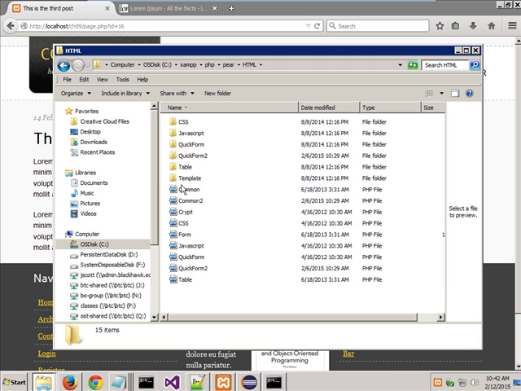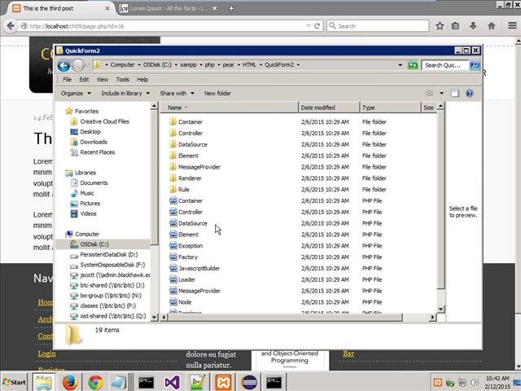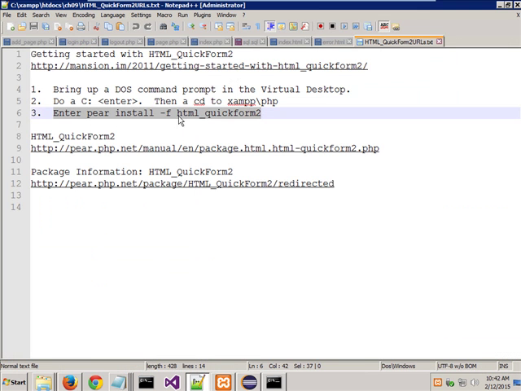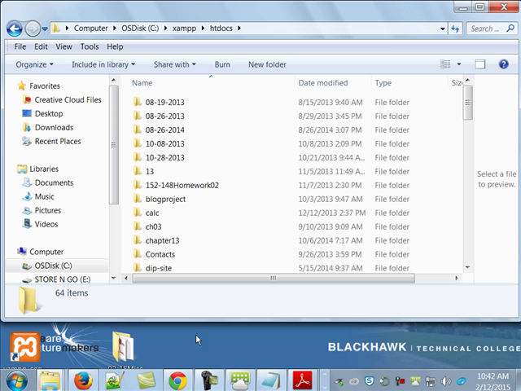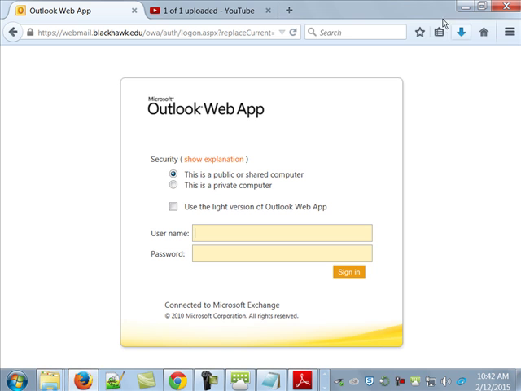No, that's HTML. There's Quick Form 2. And by doing all of this that I just told you, it goes through there and finds it. But you have to tell it basically where to dig through in order to find it. All right. Now, you may or may not have noticed this, but actually, with what he put on here,